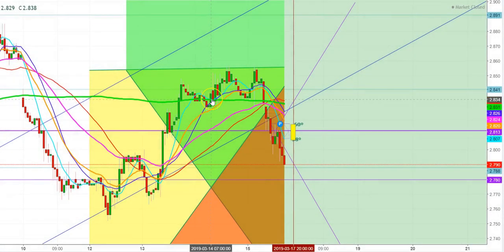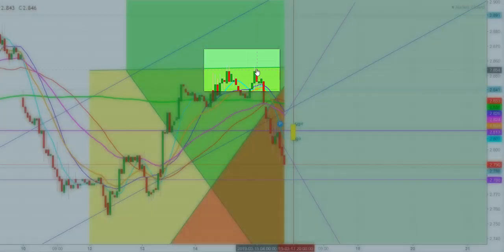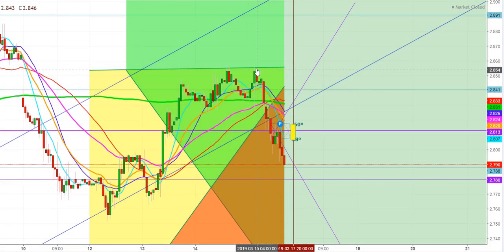In an hourly chart, here you can see that they found a good support at the 200 days moving average, and no doubt they tried to break this immediate resistance at the level of $2.855, where they tried to break first on March 14. Then once again the natural gas bulls tried to move above this resistance on March 15, but they could not, which resulted in a sharp selling from the level of $2.857, which resulted in a downward move where we witnessed the natural gas futures cross this bullish zone on the lower side and enter this bearish zone before the closing, and finally found a good support at the level